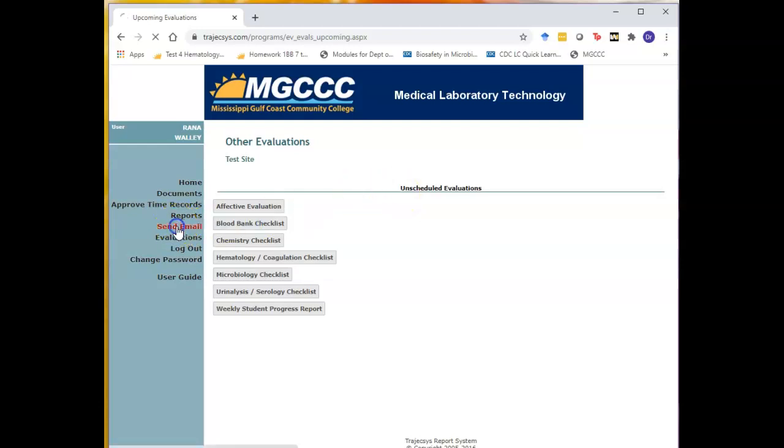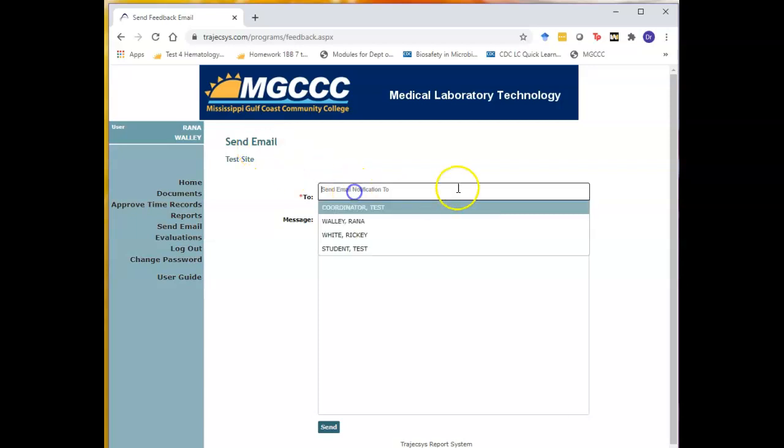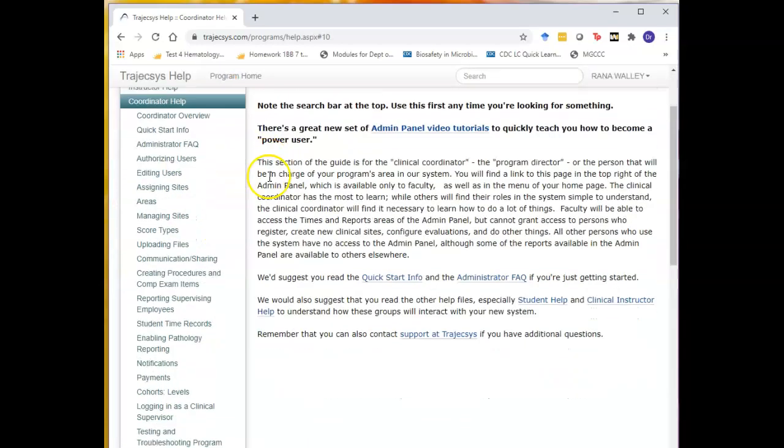Every preceptor will have access to email, and you can send to me or Ricky, and we can get this immediately and deal with any issues or anything that comes up, and we are super excited, so bear with us. And oh, the last thing is there's a user guide here. It's very